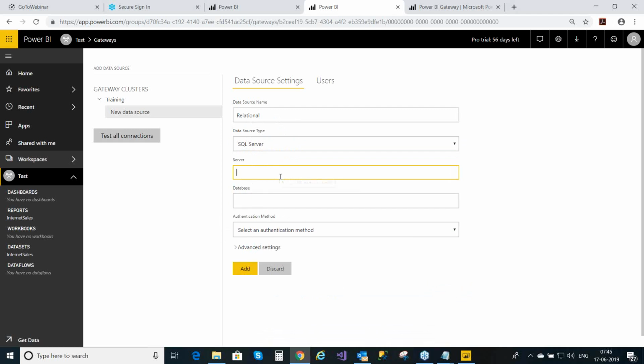So in my case, the server name is localhost slash dev01 and my database name is